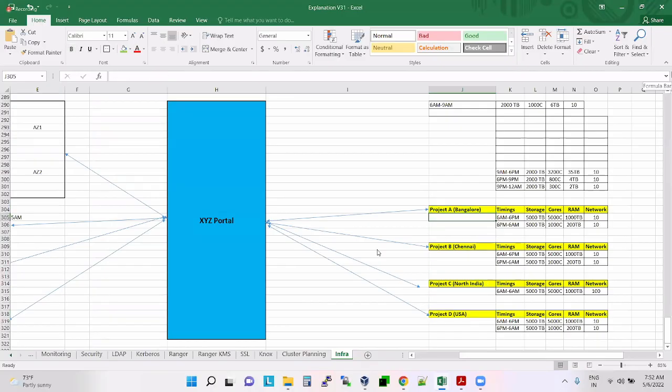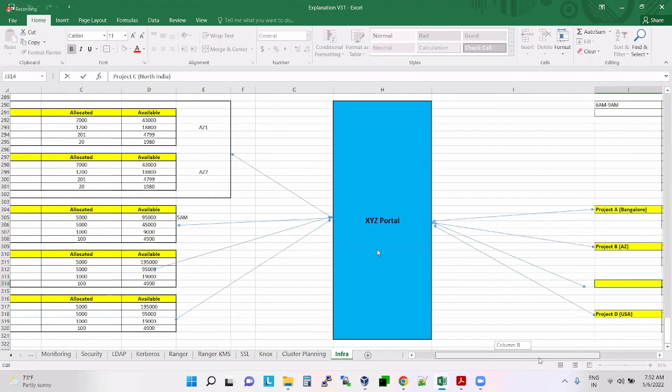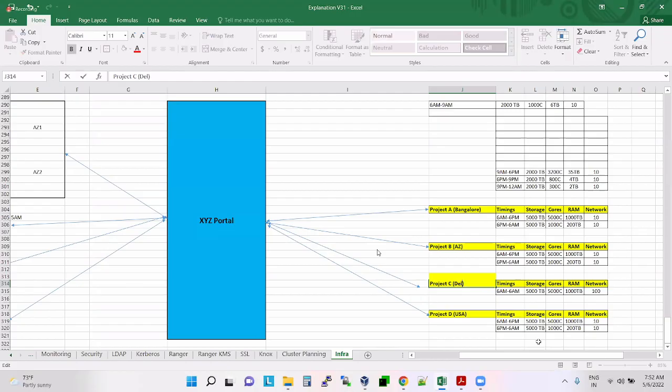So let's say this is in Bangalore. Project B is in Arizona. Project C is running from Delhi. And here project D is running from Florida.